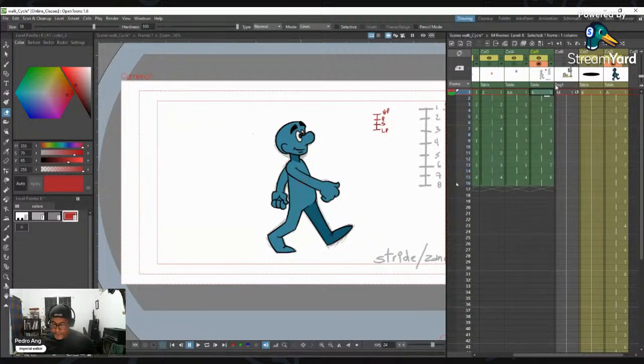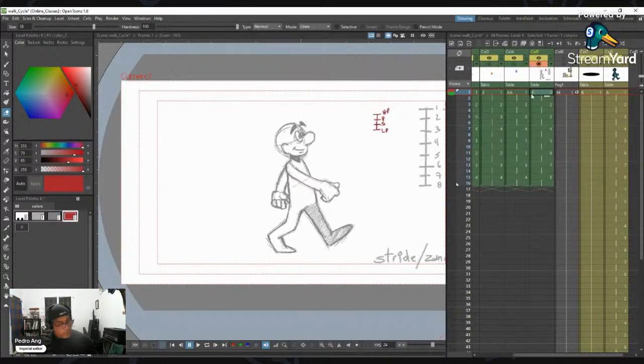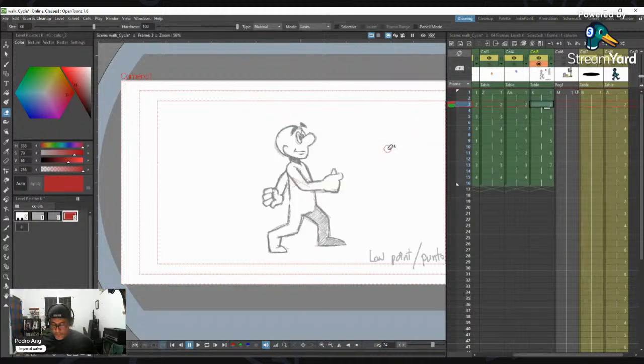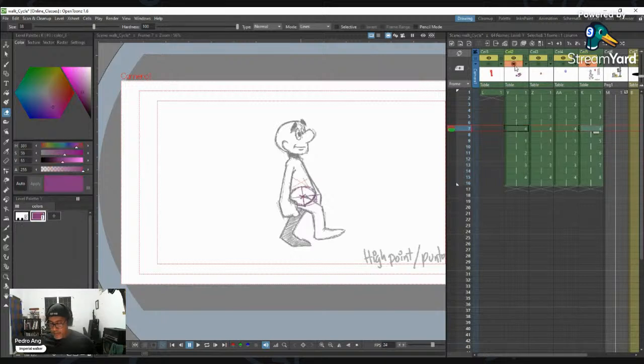So let's review. Let's turn off this. So you got the stride, low point, pass, high point. You repeat that on both feet, and then you get your walk cycle there. Remember that your character is driven by the pelvis, so the action is driven by the pelvis. So the chest is going to react to the pelvis, and the head is going to react to the chest,